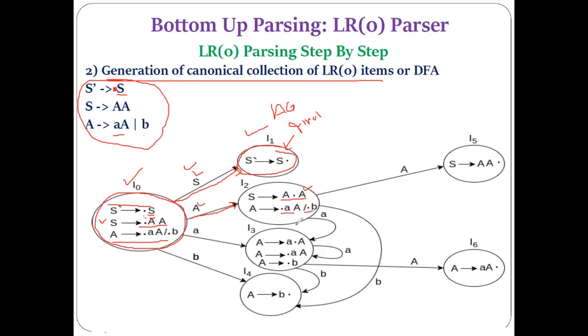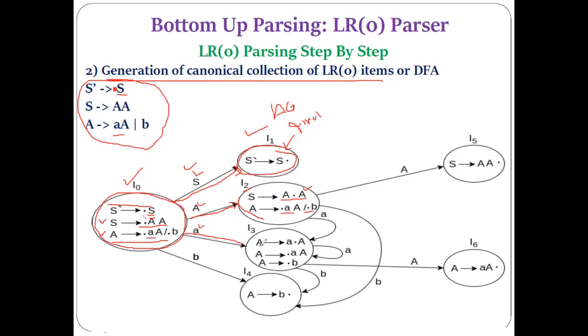Okay. Does the closure operation need to be performed again? No. So this state also gets completed, and we name this state I2. Okay. Next, in the case of this production rule, this is the closure operation we have performed. After the closure, you have to perform the goto. So goto on the terminal A.